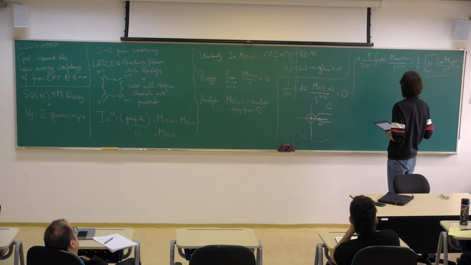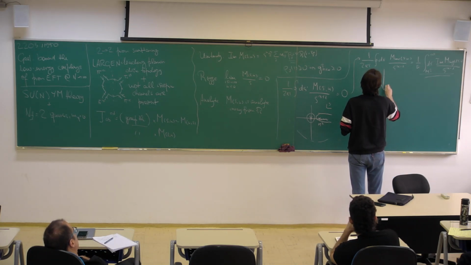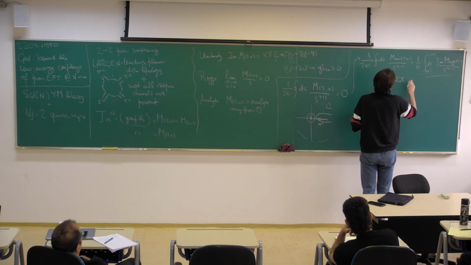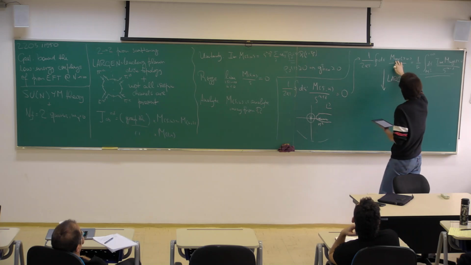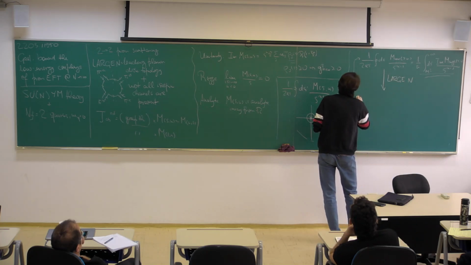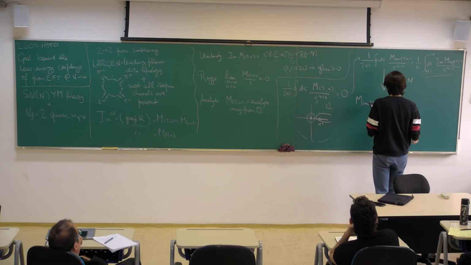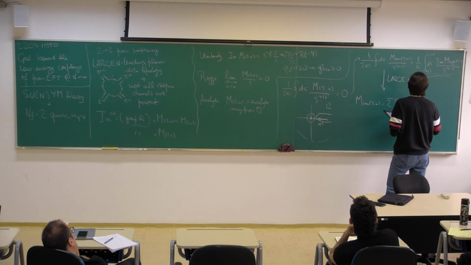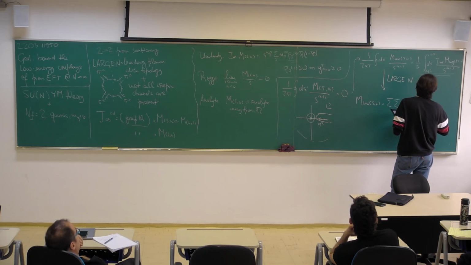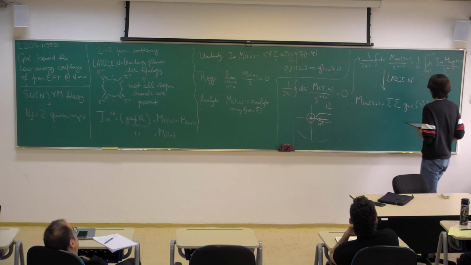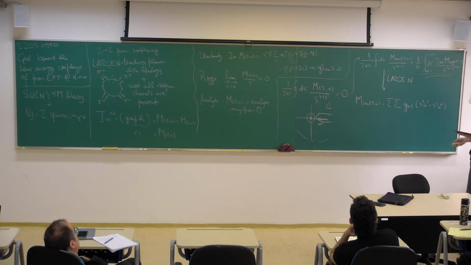Now we use the final property from large N, which is to say that we are restricting the low energy amplitude to tree level, and from this we can write this amplitude at tree level as a sum of the Wilson coefficients, which appear in the effective action, times polynomials of S and U. If we were not restricted to tree level diagrams here, we'd have some other behavior which includes branch cuts and so on. But since we are doing large N, and we saw in class that only the tree diagrams are leading,